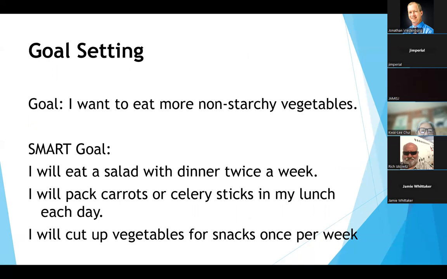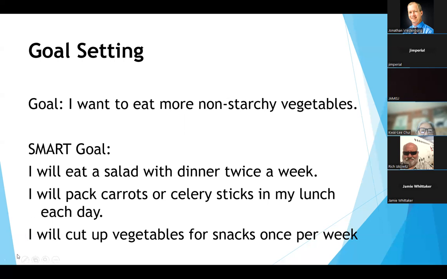You can take the same general goal, which you have listed on the screen, and make it a little bit more specific by saying, okay, we need more non-starchy vegetables. How about I just eat a salad with dinner twice a week? So it's specific, measurable, time bound. I will pack carrots or celery sticks in my lunch each day. All right, so specific and measurable. And then, of course, cutting up vegetables for snacks once per week. So these are just various solutions that can help generate momentum towards solving any potential problem or set the framework